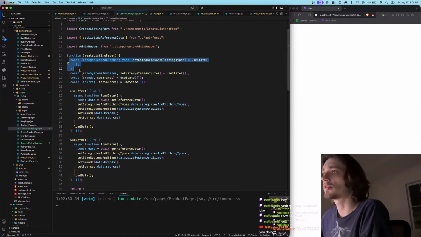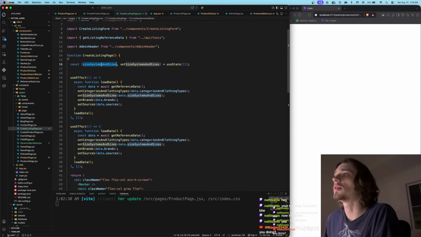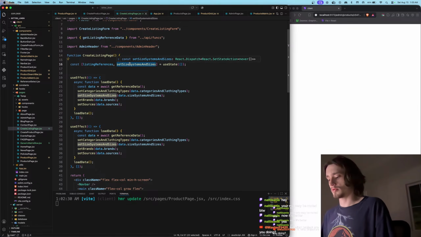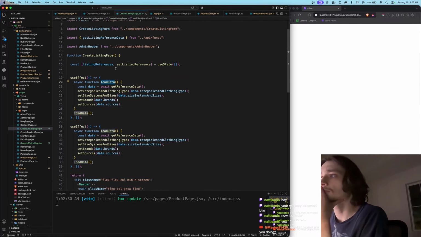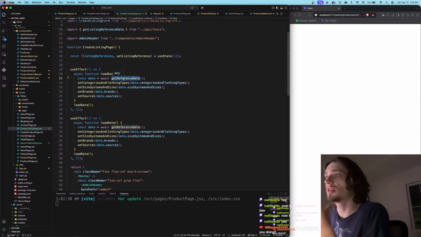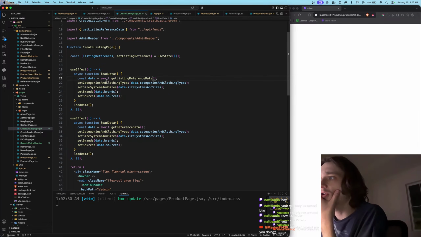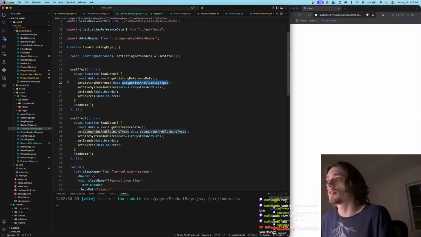We don't need categories and clothing types for a listing. We don't need this, but we will need a listing. A setter for listing references. So our use effect will be load data. Get listing reference data, set listing reference data, data dot